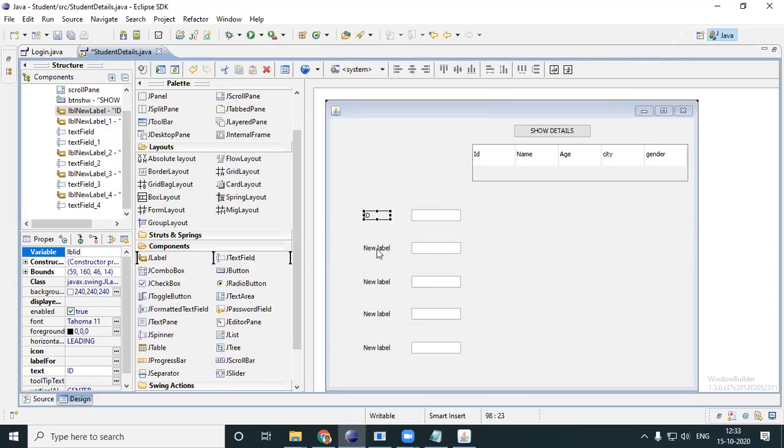This one is name. LBL name. This one is age. Okay, label, let it be there. This one is what? City. This one is gender.